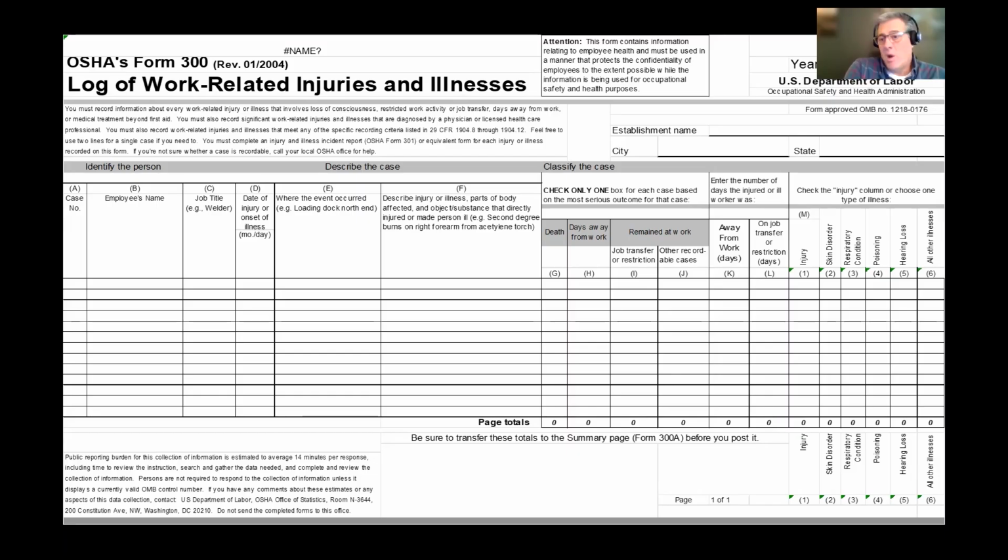Okay, but they have every right to ask you for this if they want to figure out whether or not you're going to do business together. But you can redact information in column A and column B. Column C is your job title. It's what you give them at your place of business. Date, which is month and day, in column D. E, event, where it occurred, which is either an address or a project name, doesn't matter. And then column F, again, a simple sentence fragment. Where we're going to spend a lot of time is defining the do's and the don'ts in columns G, H, I, J, K, L, and 1 through 6.